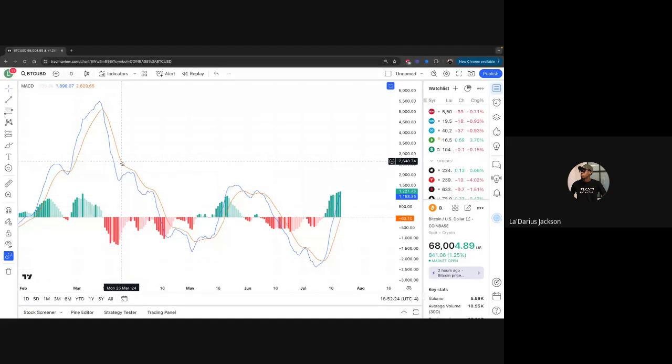If the red line is on top on the right-hand side, in this area, if you have red on top of blue, that means selling pressure is being applied and the stock is going to go down, right? So you can see in this area, we have red. The selling pressure is on top. Selling pressure is dominant, and it's pushing the crypto down because the selling pressure is up. That means that people are selling